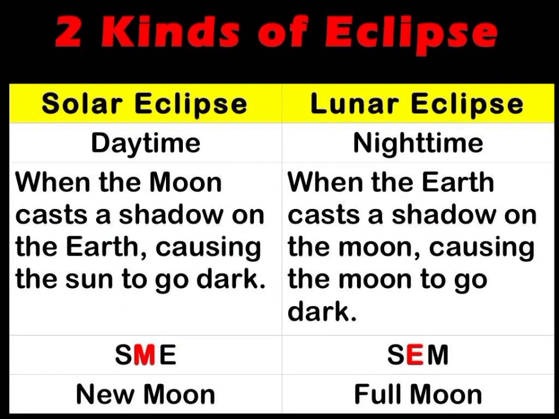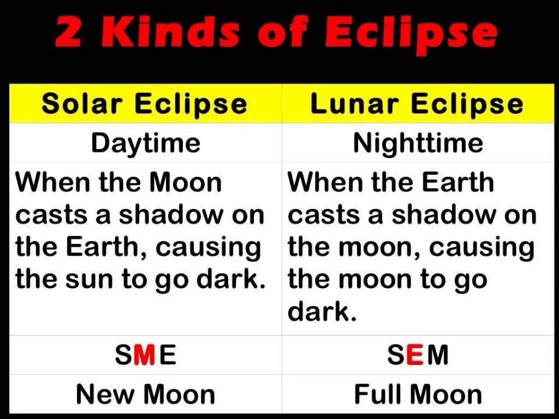Now let us compare and contrast solar eclipse and lunar eclipse. Solar eclipse happens during the daytime when the moon is casting a shadow on Earth, causing the sun to go dark. And the position of the celestial bodies is sun, moon, and earth. This happens during new moon, while lunar eclipse happens during nighttime when the earth is casting shadow on the moon,